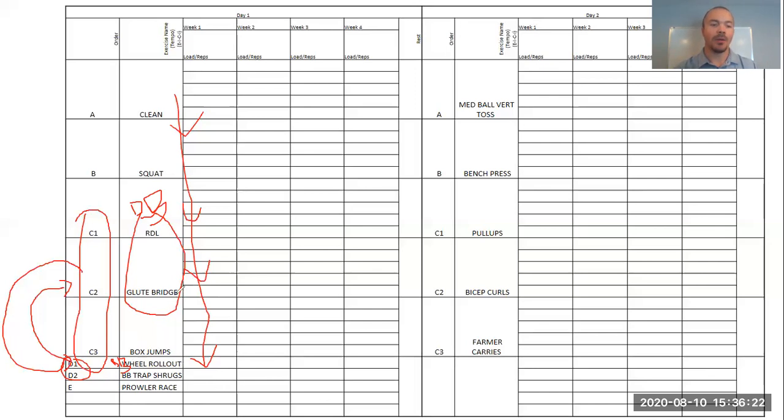And then we would pair glute bridges with barbell trap shrugs. And if you have limited equipment, maybe your barbell trap shrugs become dumbbell trap shrugs, and you could do a barbell glute bridge. Or if you're not using weight on that glute bridge at all, then equipment is not much of an issue. And then that prowler race at the end, if you've never pushed a prowler, I will warn you